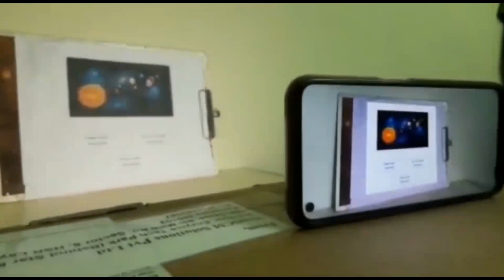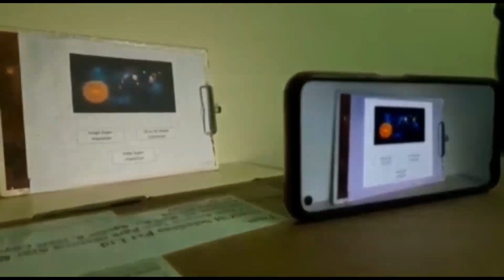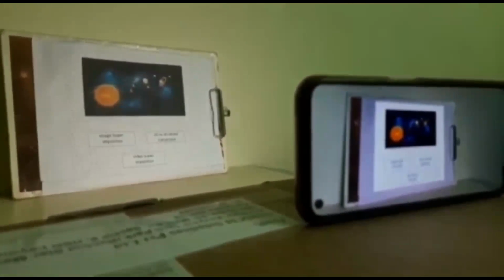On the target image, three virtual buttons are present: one for image superimposition, one for video player, and another for 3D model display. The press and release functions of the virtual buttons are detected virtually when I hover my finger